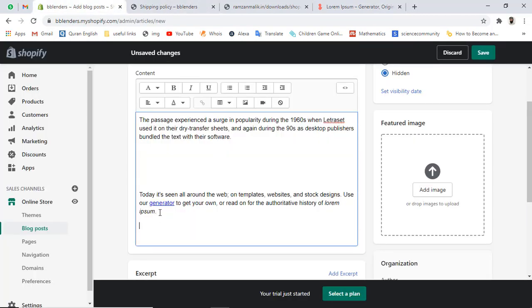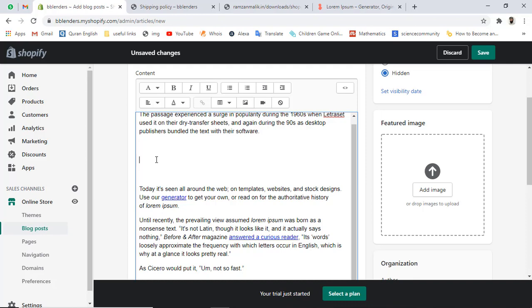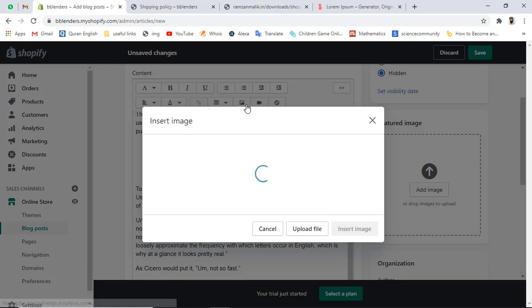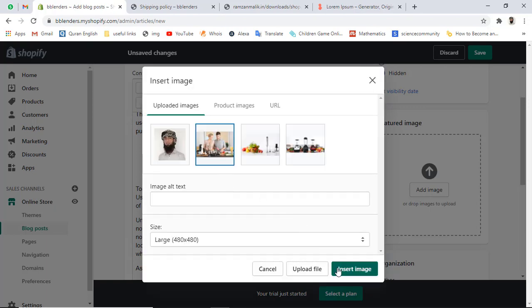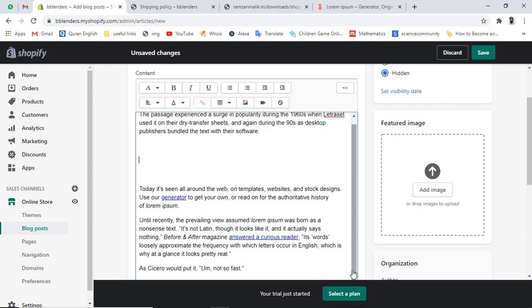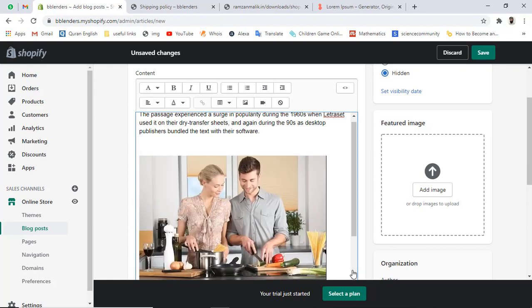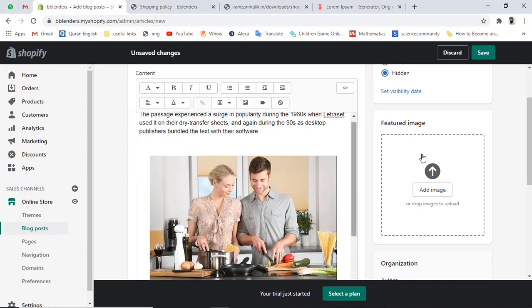So now I have enough content which would actually give me the beautiful look and feel. So now you need to insert the image. So let's insert this image. You can modify according to your requirement. This image has been loaded now, and let me make it center aligned. Now you can see that this looks good.